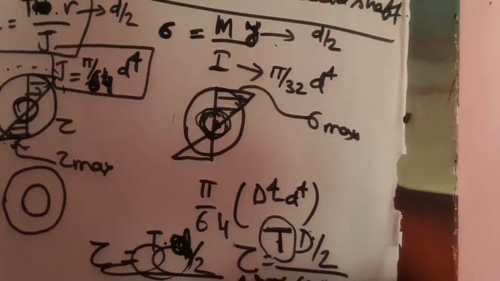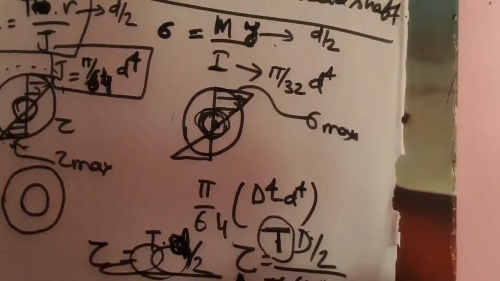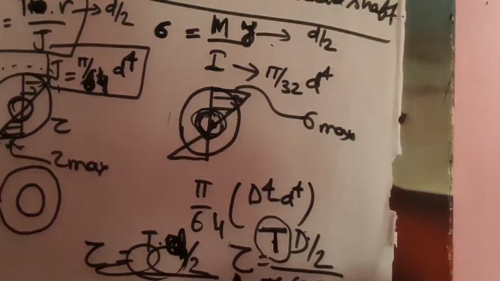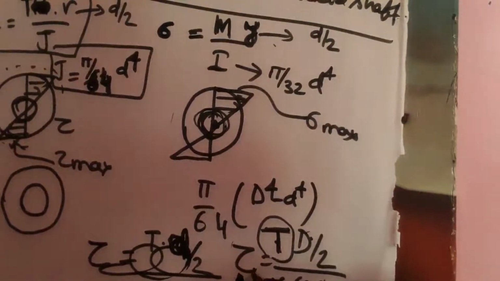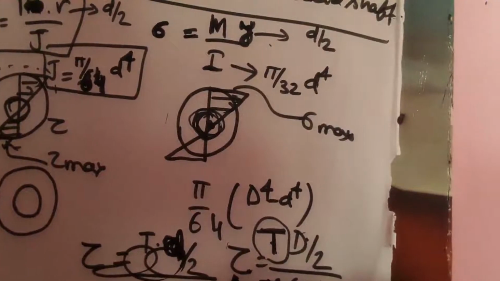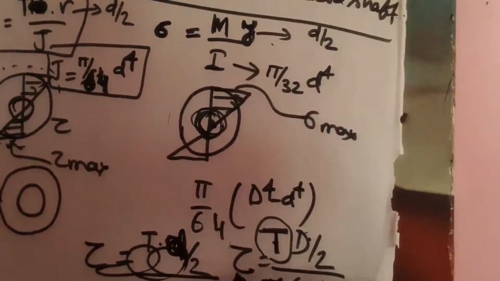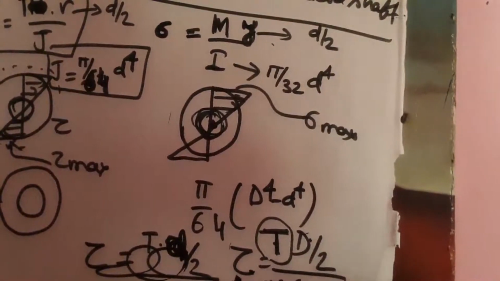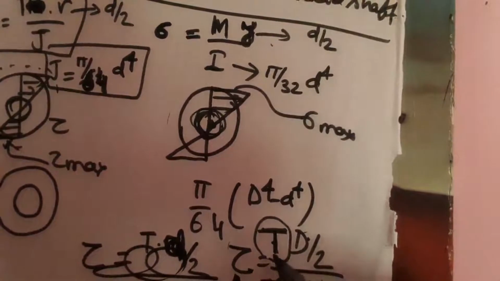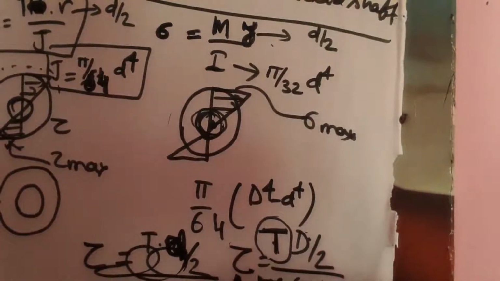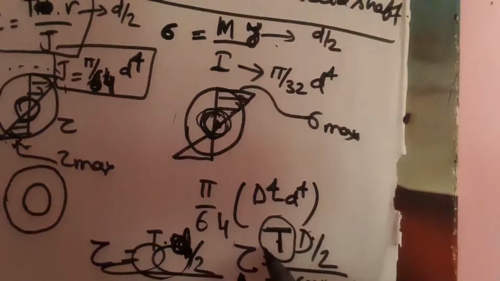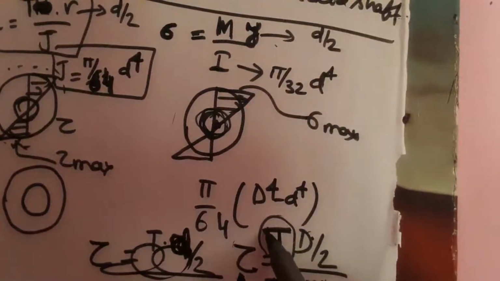To keep tau constant means the same permissible stress, which is limited by the material property, because if you take aluminum, it will have some tau max, and if you take steel, it will have some other value. For the same material, let's say aluminum, it is 70 megapascal, so it is constant. So if the denominator increases, the hollow shaft can take more amount of torsional resistance.